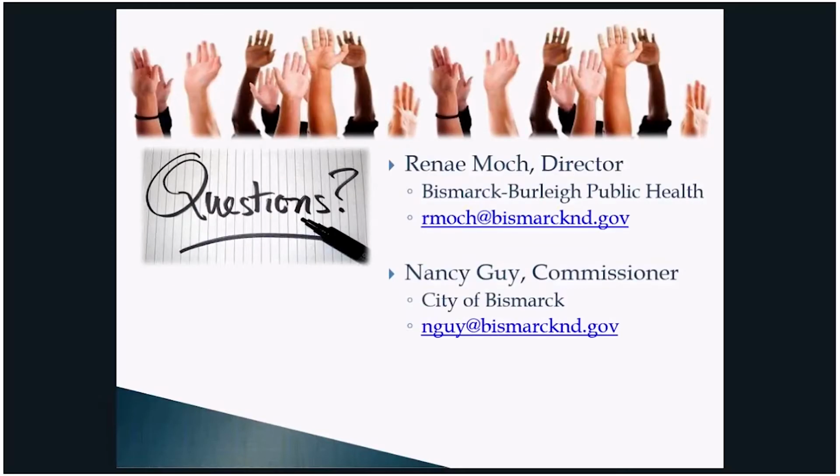Renee showed a map of all the public health units across the state, and I noticed that the multi-county units have a much larger geographic area to cover than the single county ones, and there were some that were even smaller. Do you know if there are disparities in the resources and services available across the state based on the size of the public health unit? And why is there a difference in the size of the area?